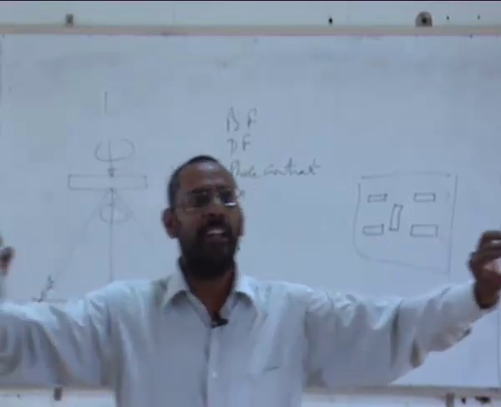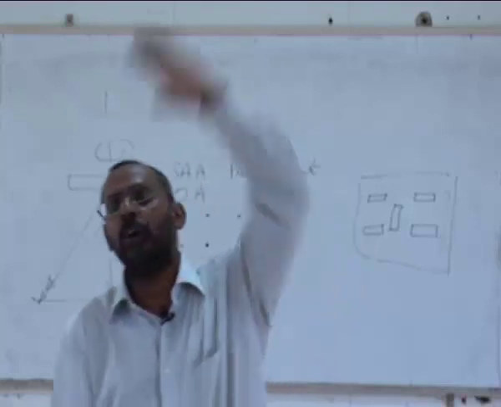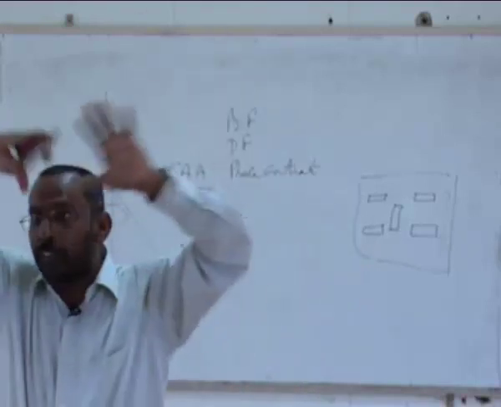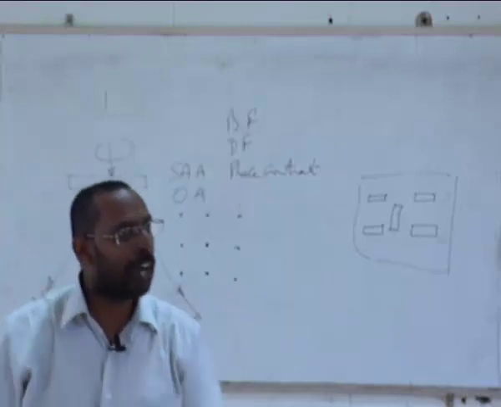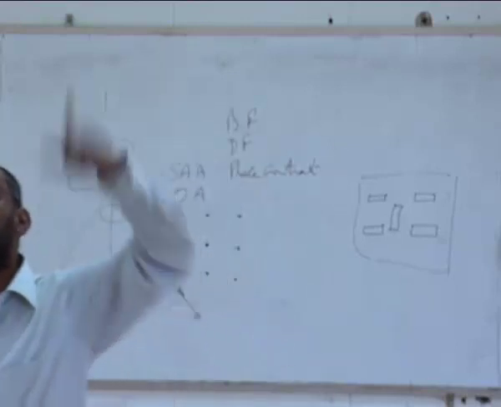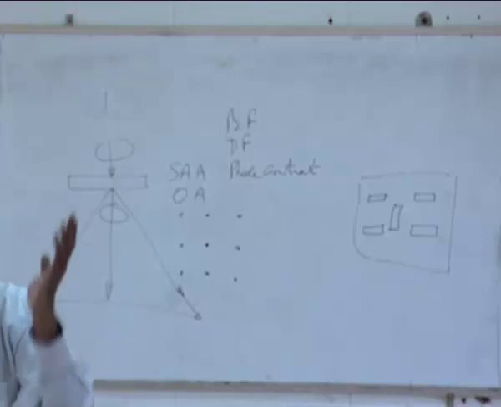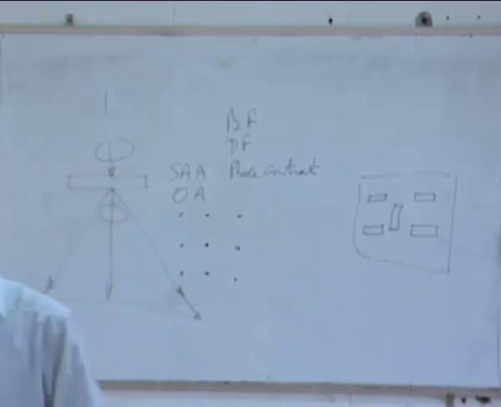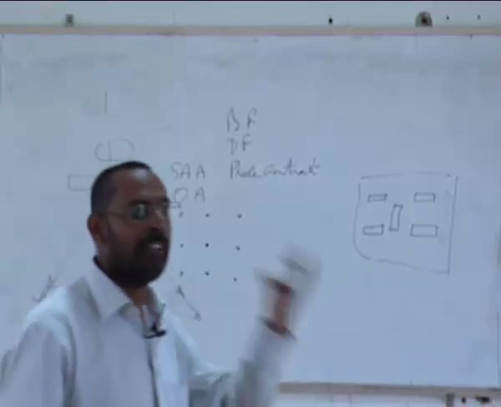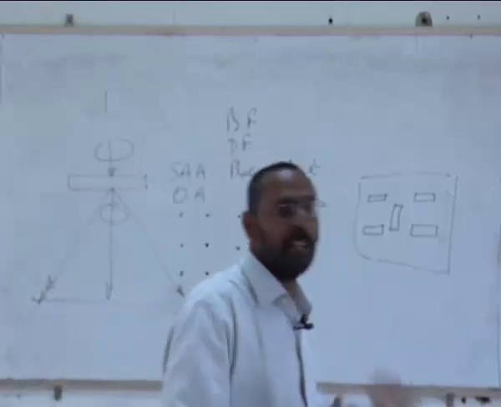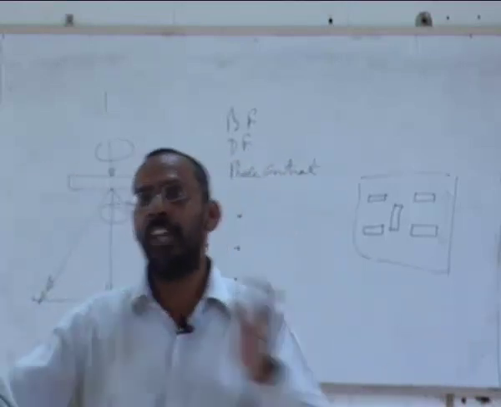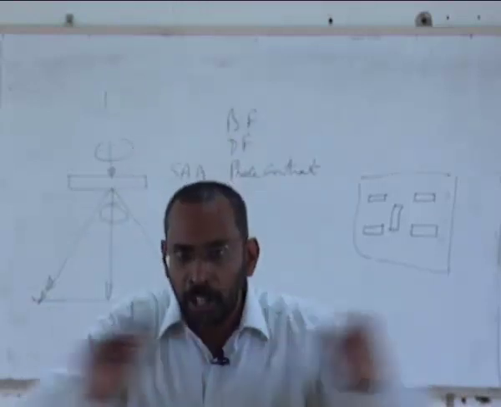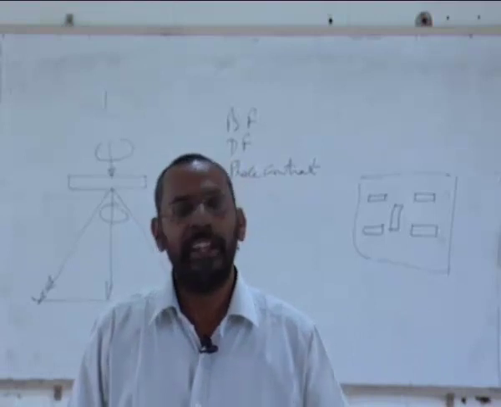Disk is the one where on both sides the lattice matching will be very easy. Spherical is the one where you have a curved surface. When you have a curved surface, maintaining the lattice matching across a curved surface is not easy. So as a result, the strain for a spherical precipitate is always highest. You can plot the strain energy as a function of shape of the precipitate. You will see it will be the highest for sphere, lowest for the disk, and that is the reason why you get disk.